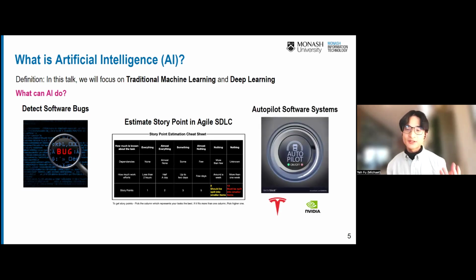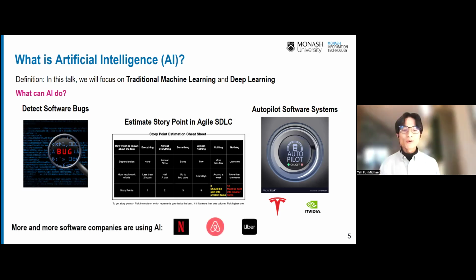Right, and there is the Autopilot software system, right? Everybody knows there are two big companies that are doing Autopilot at the moment. One is Tesla, another is NVIDIA. In a Tesla car, we know there are multiple cameras placed around the car, right? What's happening there is that they use the cameras to collect the user's driving data, and then use that data to train a deep neural network using the camera data. And then the model just generates predictions as an autopilot system.